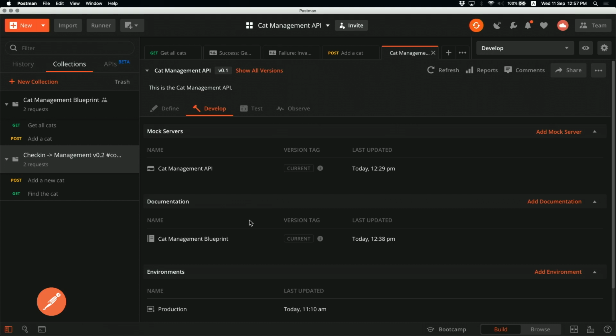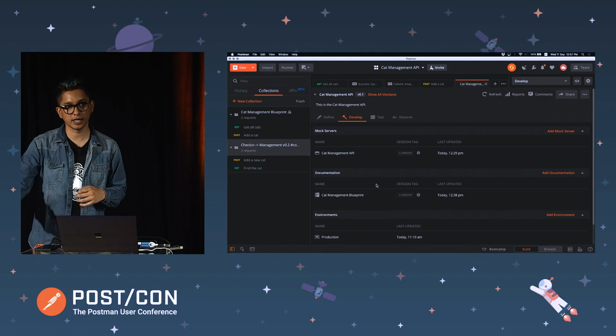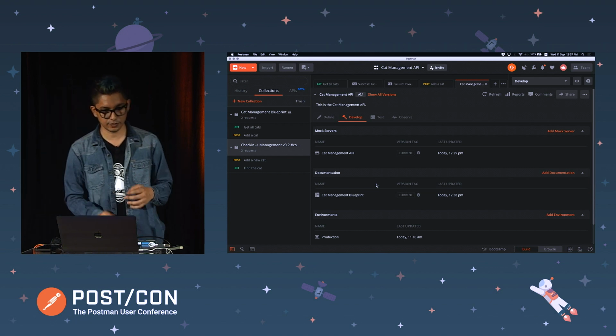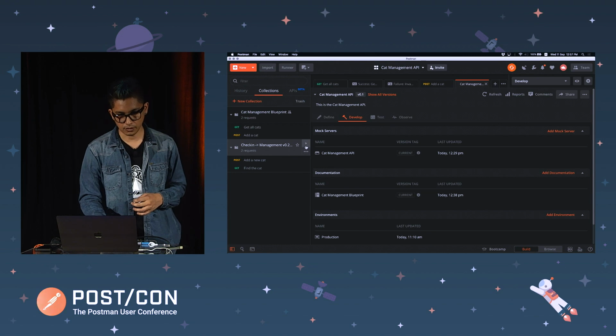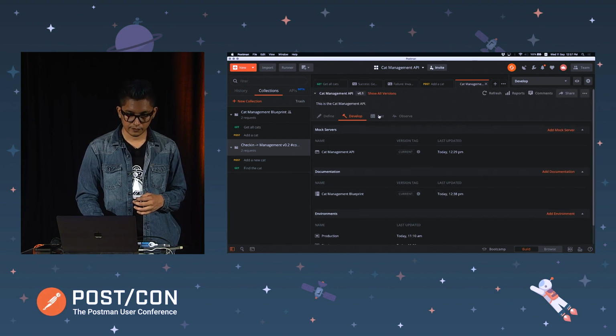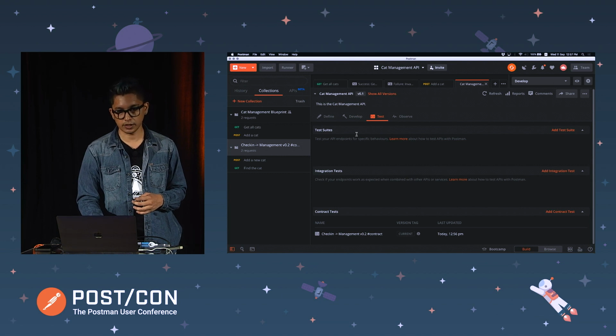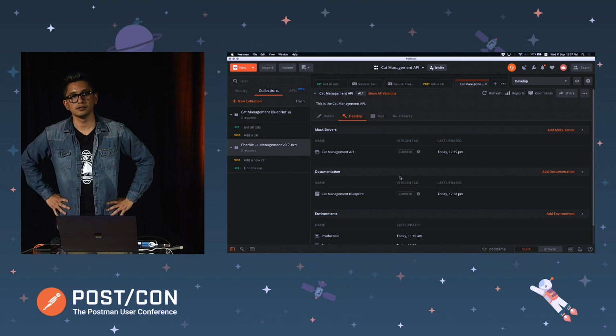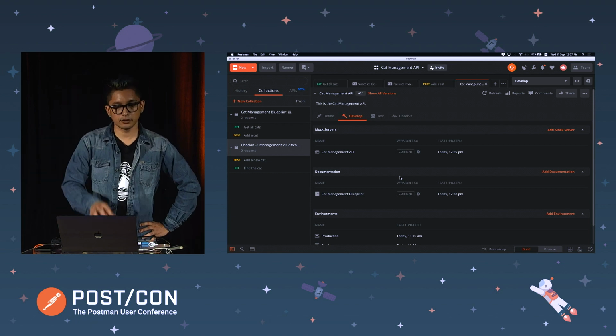A collection where I have documented everything, or a collection that is meant to be run, meant to be executed, and it has got tests which would validate all the results. So I can then have this full visibility into what are the test suites and everything that I have for a specific version of an API. And I can also,